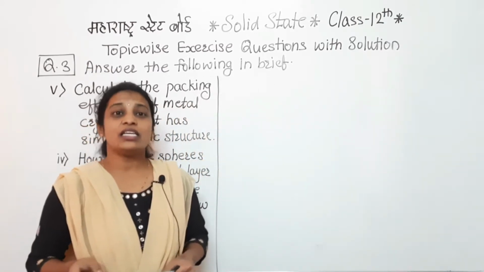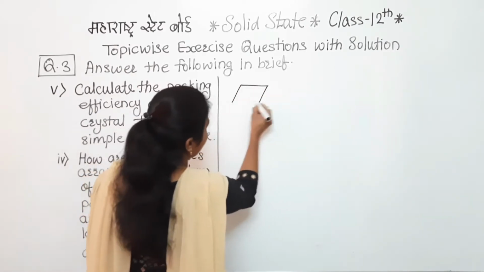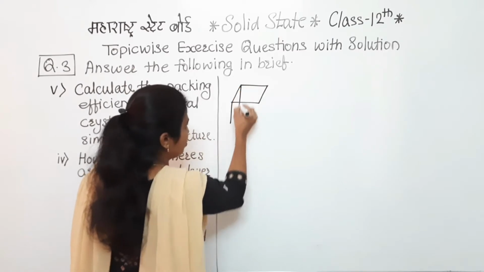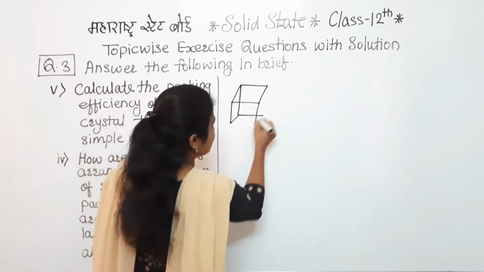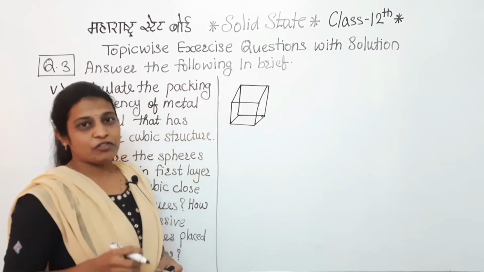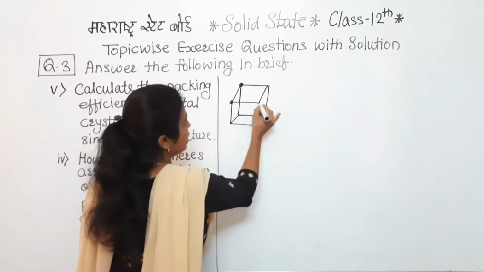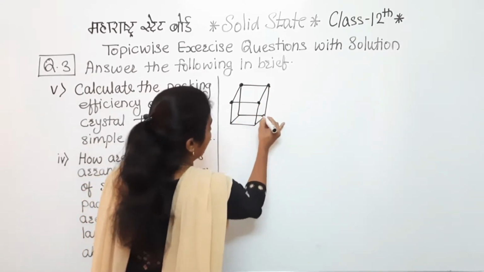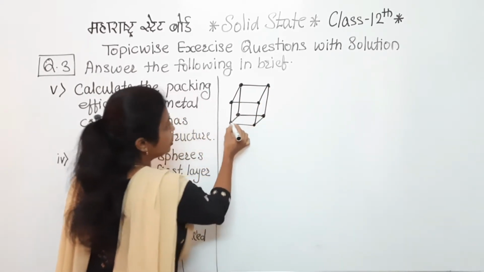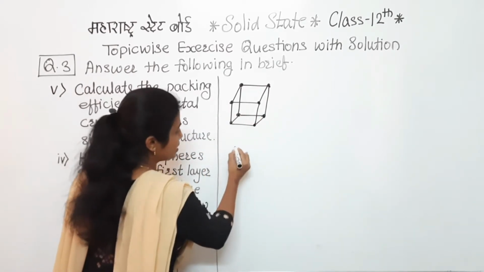We have to find out the packing efficiency of simple cubic. So first we should know that in simple cubic, the position of the particles, meaning at what place they are there: at the center, at the corner, or on the faces. So here simply we can say that for the simple cubic, particles are present at the 8 corners. Clear to everyone? So if we consider the simple diagram for that, we can say that